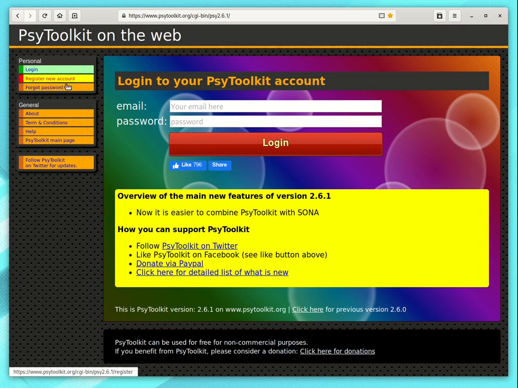Now you need to have registered an account. You can do that. If you don't have one, register a new account. If you have one, type your email address that you registered with here. I use this demonstration one, john@university.edu, and my password,